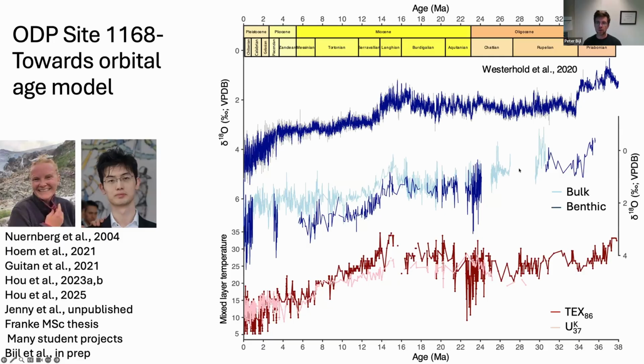So we have a nice bulk isotope record that ties the record to the xenogrid on orbital timescales. And we have a high resolution sea surface temperature record from two proxies from this site that shows the long-term evolution of the temperature of Tasmania while it moves northward. And what is particularly prominent in this record is this Neogene cooling, right? From the mid-Miocene to the modern, we have this strong cooling at this site.